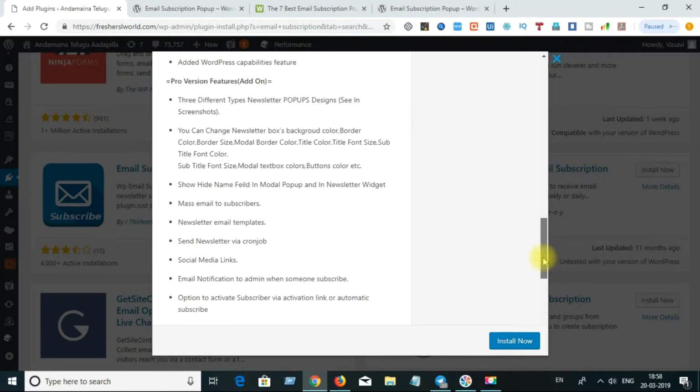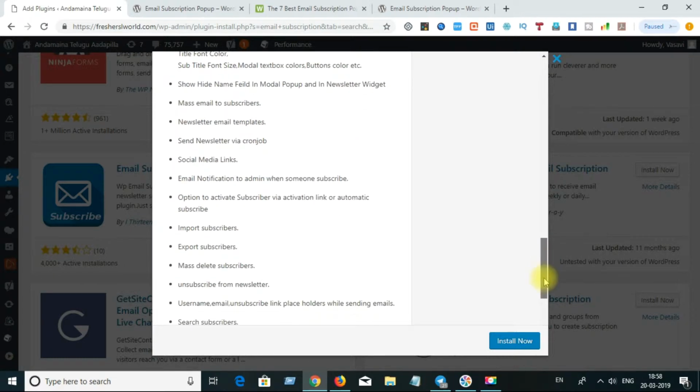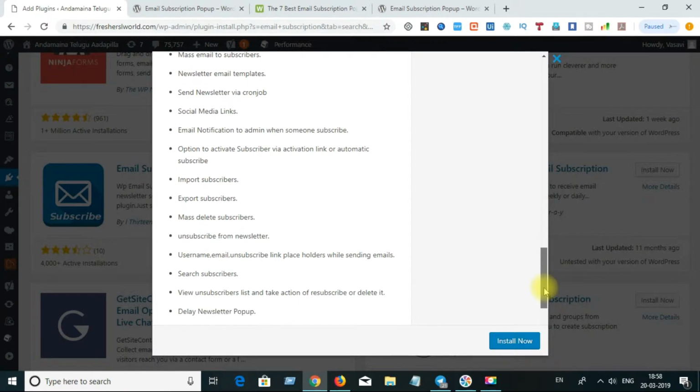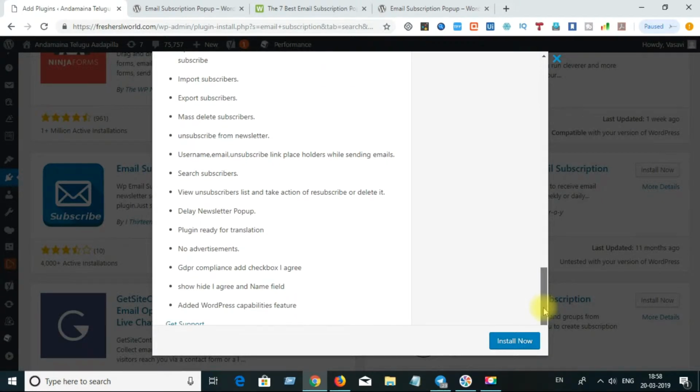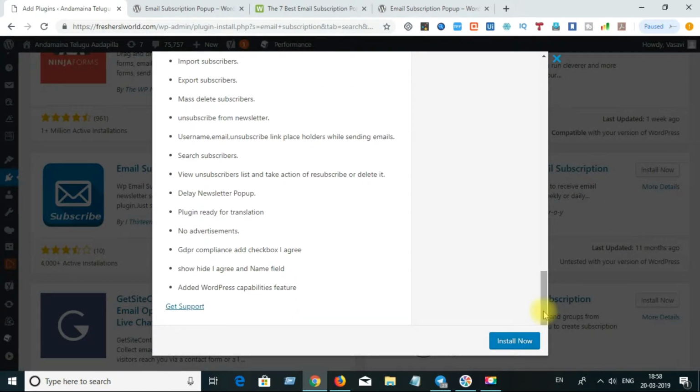Newsletter subscriptions, all these features this pop-up gives. Social media leads, the different types. So try to read all these features available as part of this plugin and decide whether this is useful for your website or not.